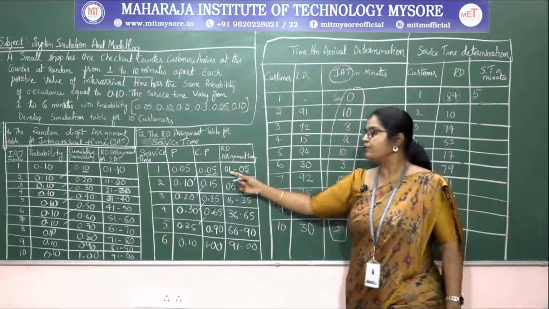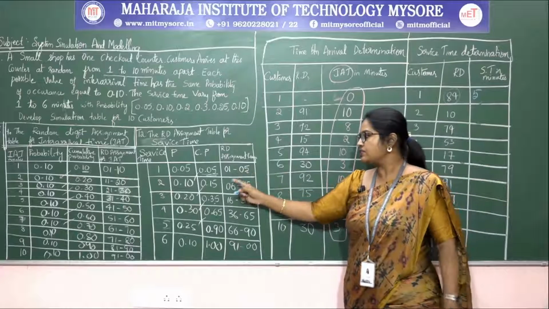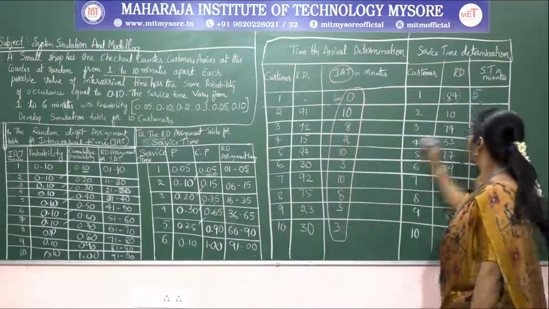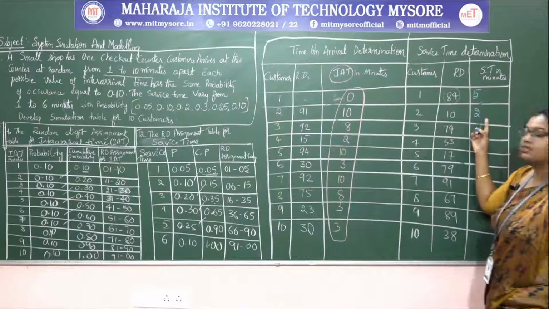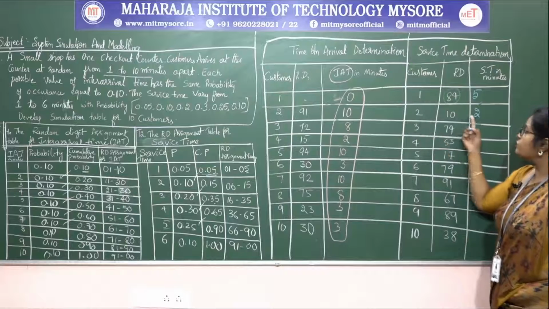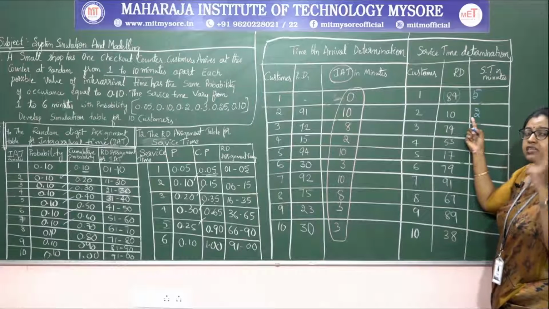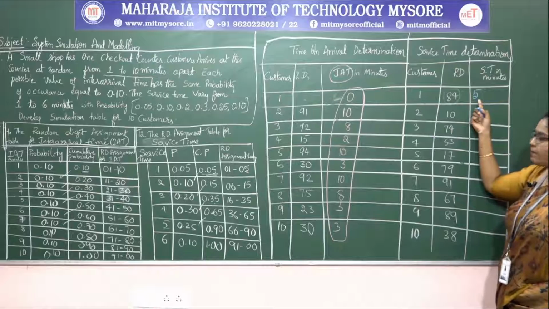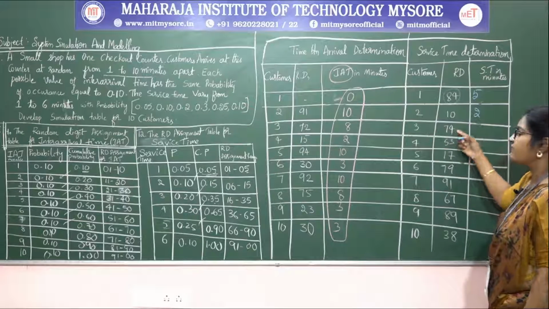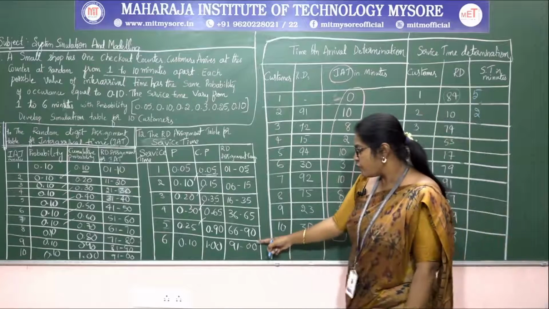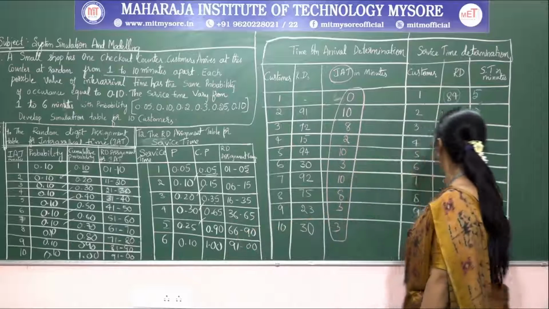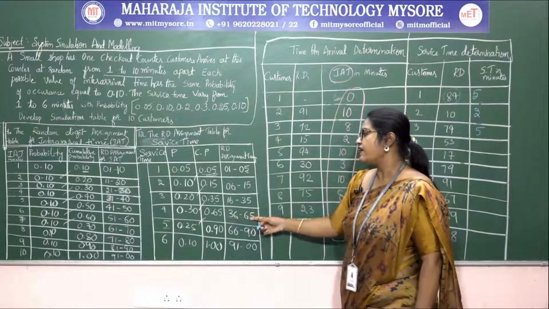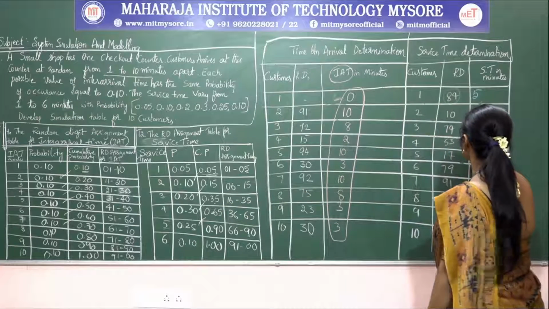Okay, next, after that, 10. 10 lies between what? 1 to 5? No, it comes under 6 to 15. That equivalent time is 2 minutes. The meaning of this is, the second customer is going to take the service for 2 minutes. The first customer is going to take the service for 5 minutes. Next, the third customer, 74, comes under the same range, that is 5 minutes. 53 comes under 36 to 65, therefore 4 minutes.